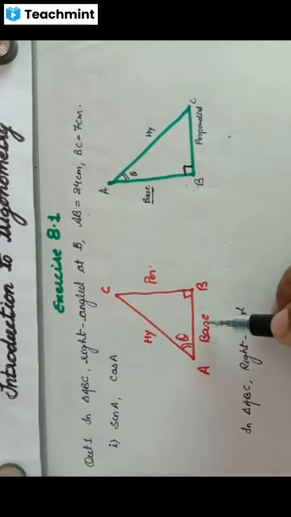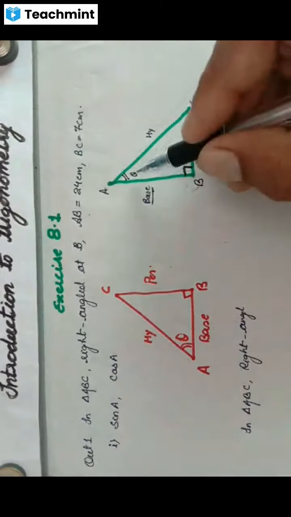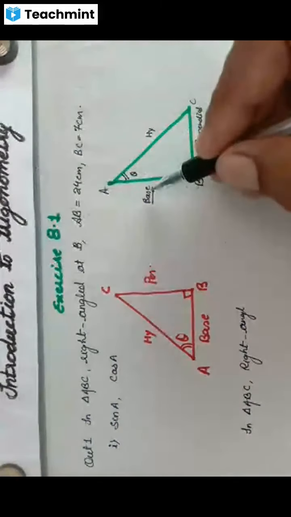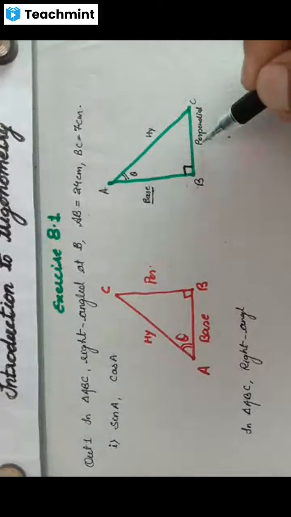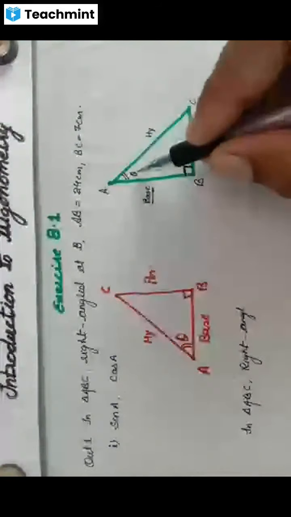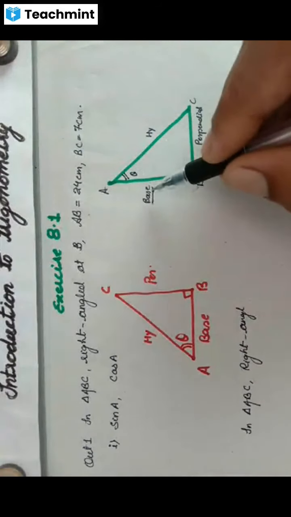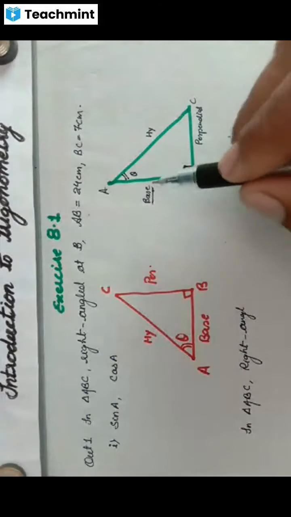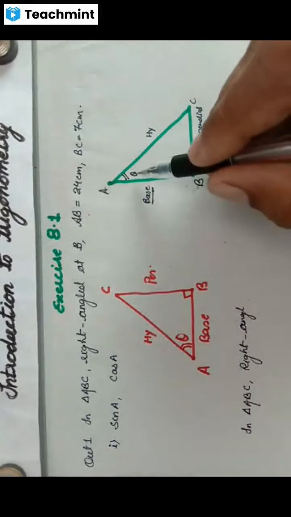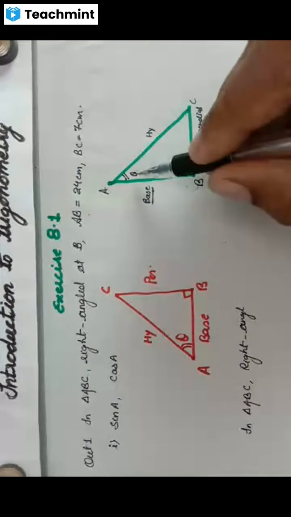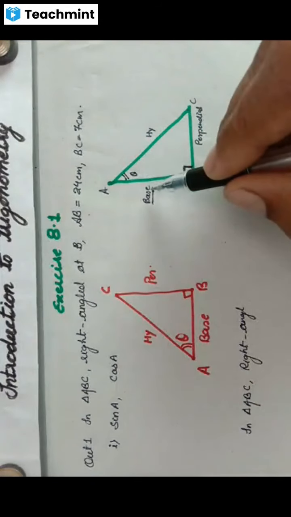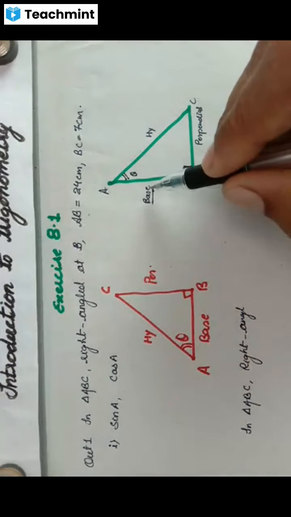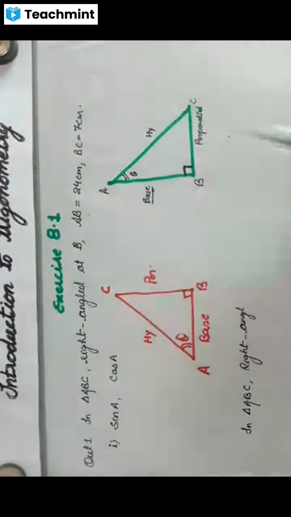ये देखने में अच्छा लग रहा है कि हाँ ये बेस है, लेकिन थीटा अगर आपने यहाँ बना दिया, एंगल यहाँ लिख दिया, तो बेस ये होगा, पर देखने में बेस ये दिख रहा है, पर हमें देखने के हिसाब से नहीं चलना, हमें थीटा के हिसाब से चलना है. Wherever theta is there, that side is your base. Why am I constructing this figure? So that you may have a clear idea about theta. There is a relation between a theta and a base. Wherever you have a theta, that side must be your base only. It is clear? जहां पर भी थीटा होगा वही दीवार बेस मानी जाएगी, उसके सामने वाली दीवार परपेंडिकुलर मानी जाएगी.